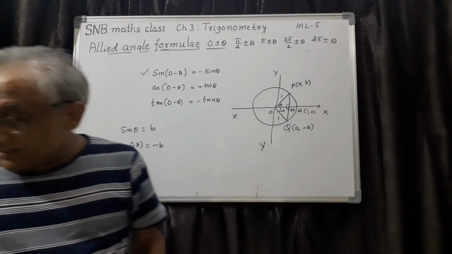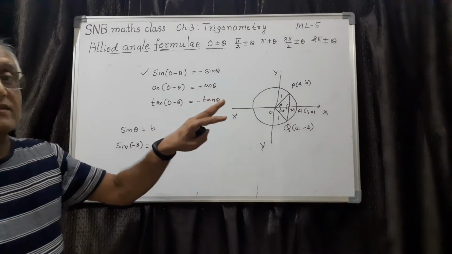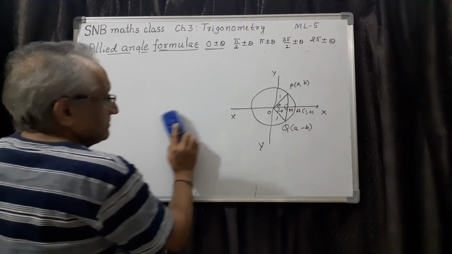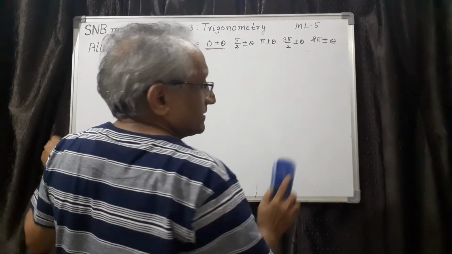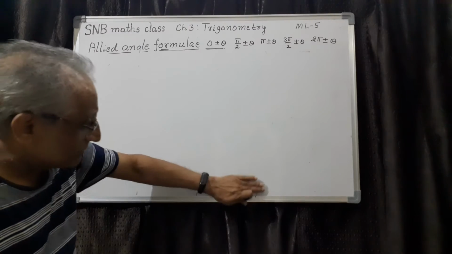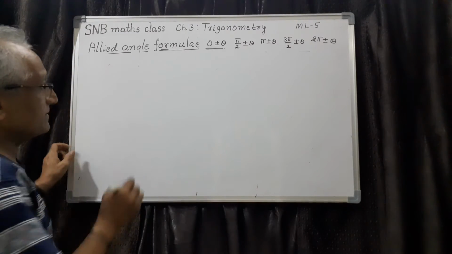So this is how we can even prove all the trigonometric ratio rules, but proof is not necessary. It is sufficient if you remember the logic behind the relation between allied angles. So that is sufficient. Now let me give one more interesting and very important result.